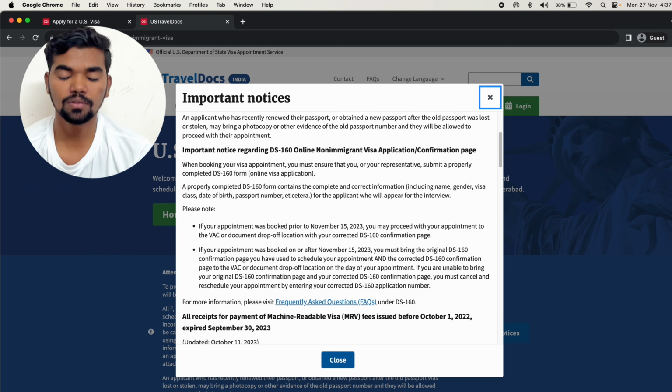I think I already made a video on this particular topic, even though I will explain once again. Those who are booking a slot need to complete the DS-160 before booking the slot itself. Those who come with an improper DS-160 for the biometrics, they are going to send them straight away without taking the biometrics. So when you create a new application, first fill the DS-160, then submit that number in the new application, then pay the CGI amount, then book the slot. These are the two important updates the US Embassy came up with. So we need to be careful while creating the CGI portal profile and also while filling the DS-160.